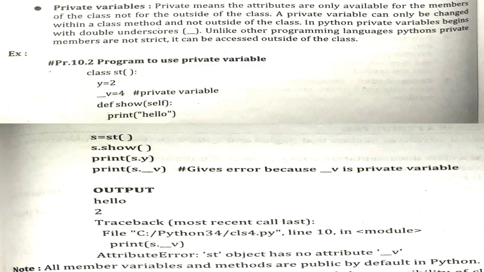Okay. So unlike in other programming languages, like C++ where by default the scope of all the methods or variables of the class was private in nature, in Python all the variables are by default public in nature. All the variables and methods are public. If you want to make them private, then just put 2 underscore symbols. So I hope this is clear to you.